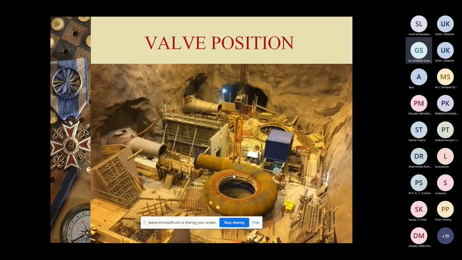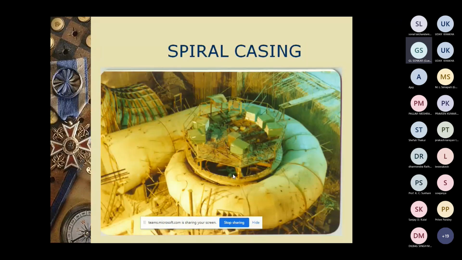This is also one of the pictures of the spiral casing. It has a reducing cross-sectional area. It surrounds the turbine runner. That means when water enters, some amount of water goes down to the turbine. So at the end of the spiral casing, the volume of water goes on decreasing. To maintain a constant velocity at each and every blade of the turbine, you have to reduce the cross-sectional area, because the volume of water is reducing while traveling in the spiral casing. So you reduce the cross-sectional area so that velocity will be constant at each and every blade of the turbine. This is the concept.